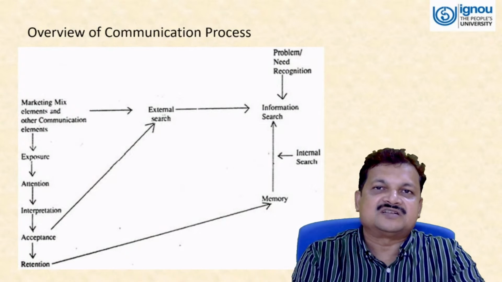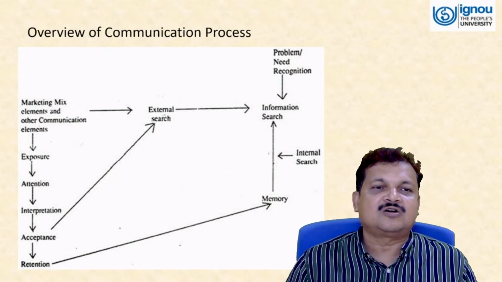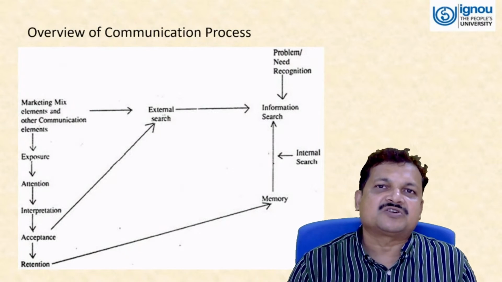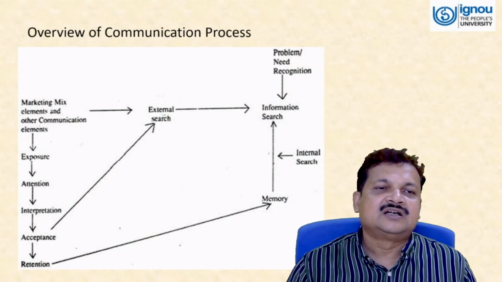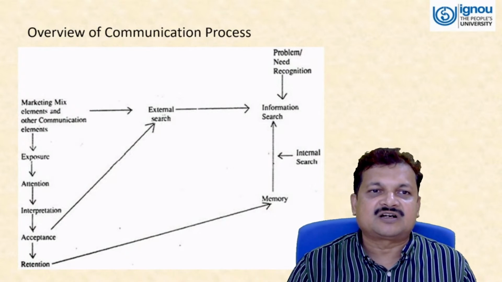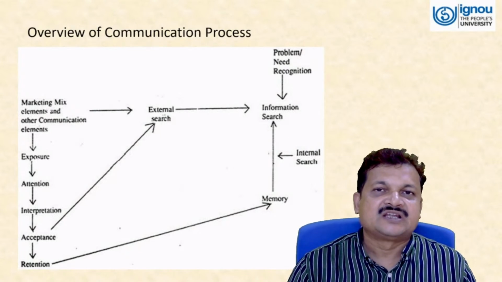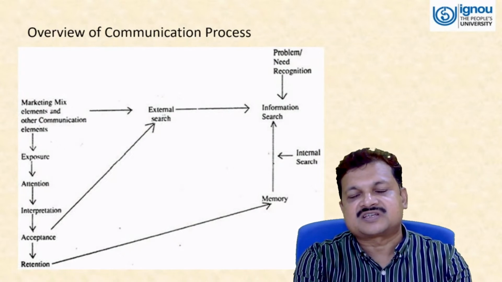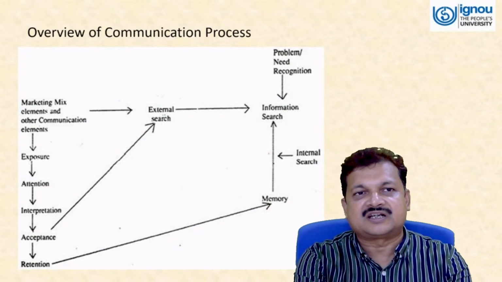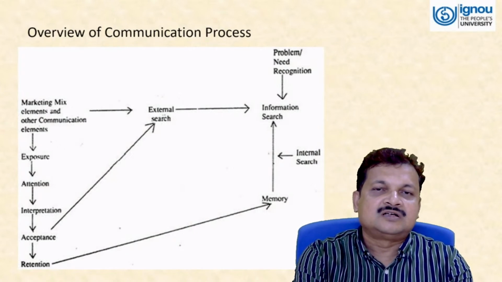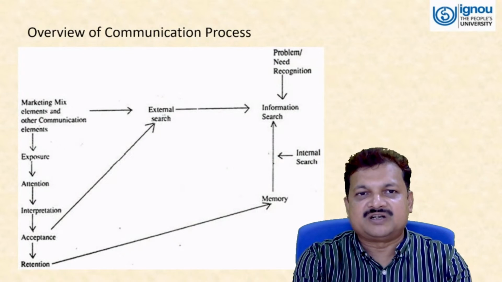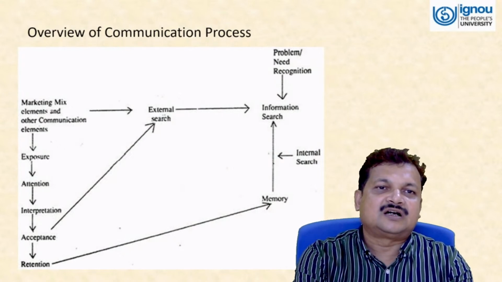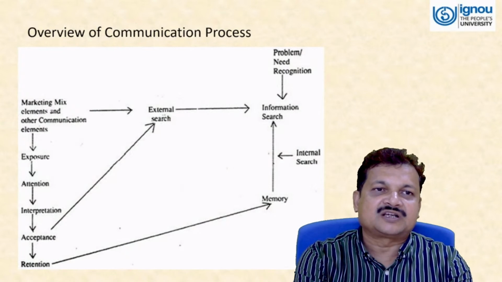People can recognize it, but it is not always true for all customers. It differs from customer to customer, because one kind of stimulus may affect one category of people much more and may not affect another category. So when we go for the external search, we are collecting information from sources. The sources can be the product physically seen in retail outlets or shopping malls, or through different advertisements, or nowadays through social media like Flipkart, Amazon,